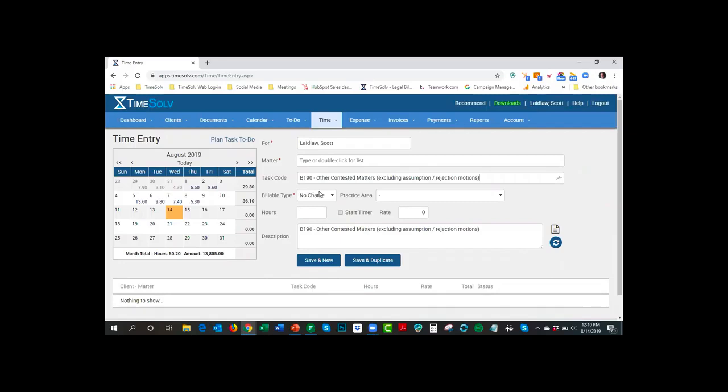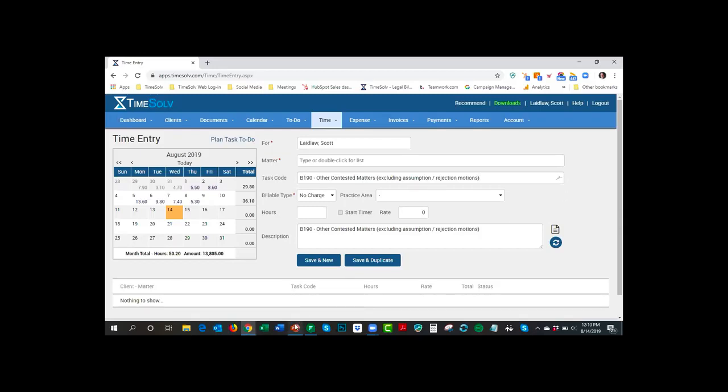So that was a painful way to show that I can now designate task codes, whether they're going to be billable, non-billable, or no charge. And this will allow your timekeepers who do not normally have the permissions to choose whether an entry is billable, non-billable, or no charge. By using task codes, that can now happen.